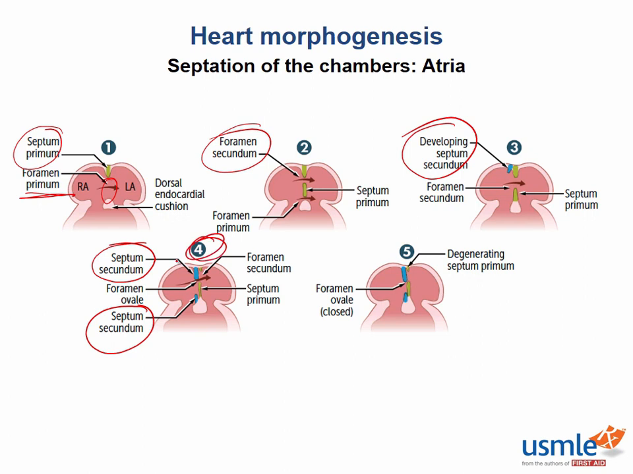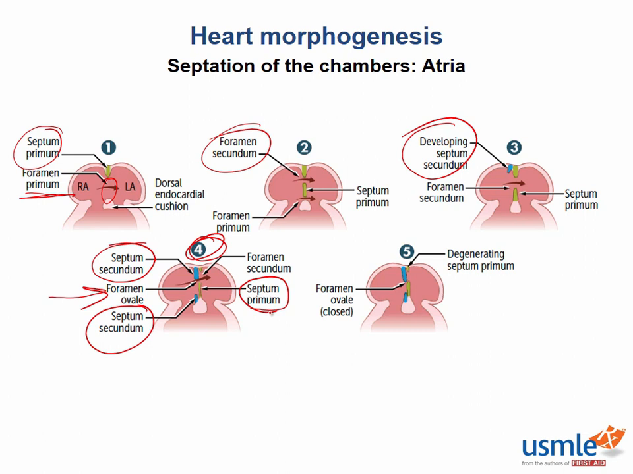Here you see the septum secundum hanging to the right of the septum primum. The way the septum secundum sits over the foramen secundum forms the foramen ovale. The remaining portion of the septum primum, which is attached to the endocardial cushion, will form a valve over the foramen ovale. So just to review this process in whole, the septum primum grows down toward the endocardial cushion, and